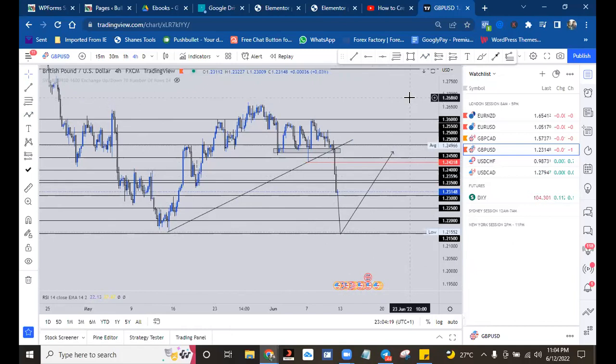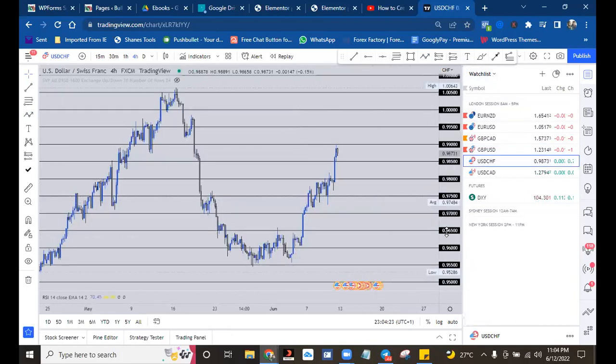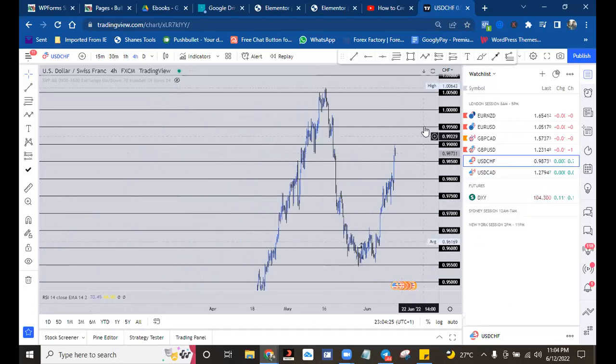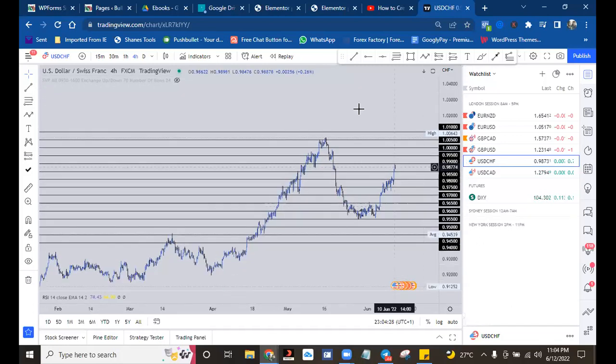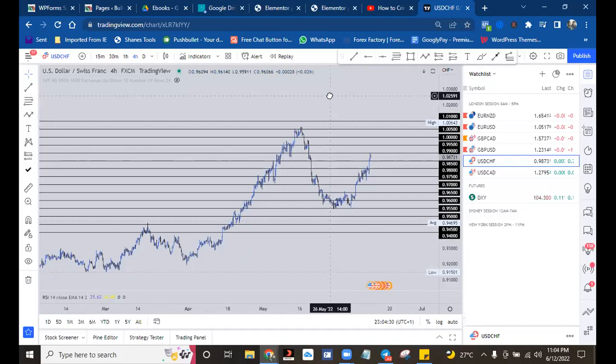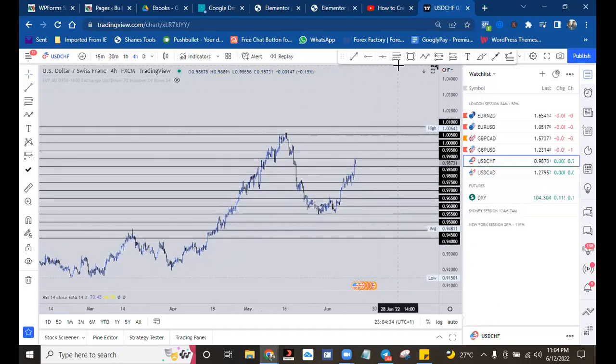All right, so let us see USD CHF. What do we expect in USD CHF? For USD CHF, it's been a bullish market, and we could see clearly that price has been going quite healthy, going quite good in its bullish move, and now it has formed